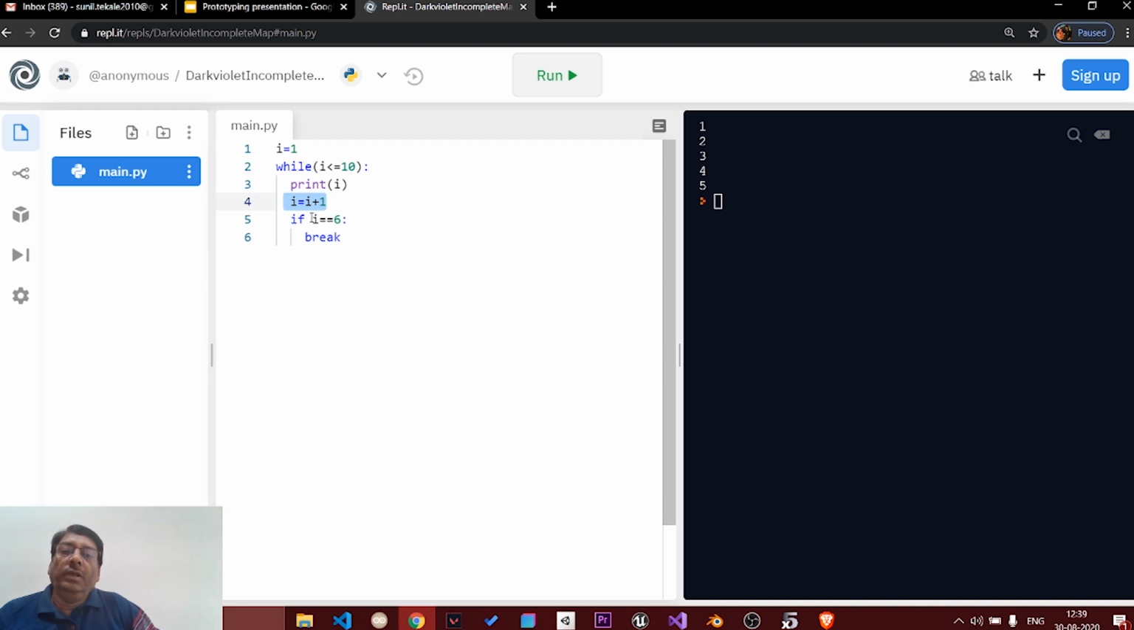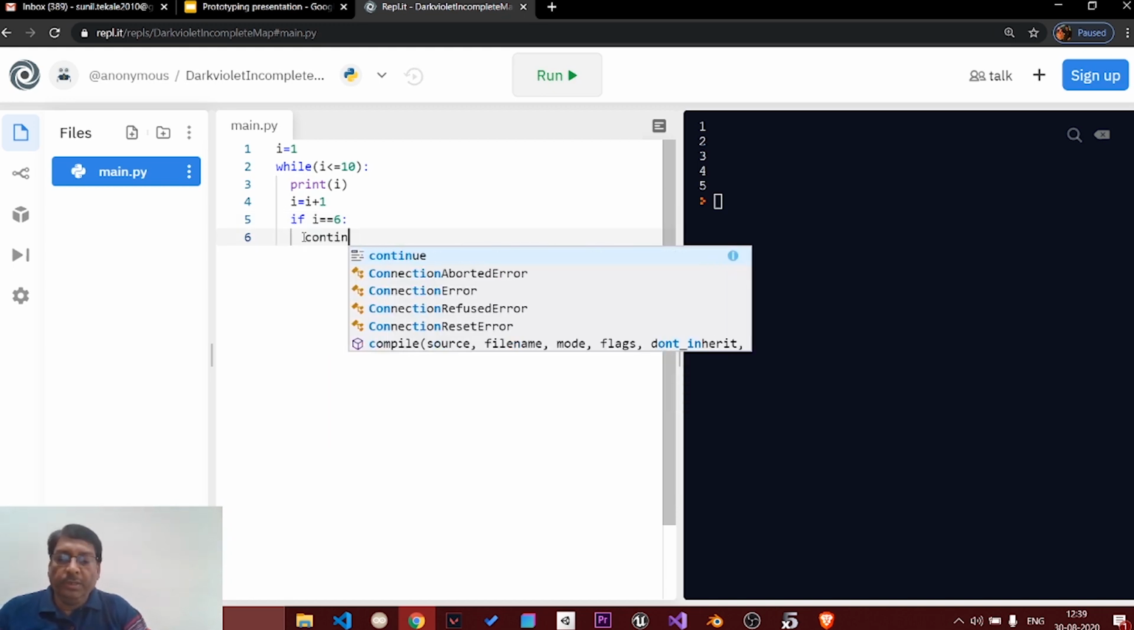The reason you will not get the value of i=6 printed over here is this: this is how you can make use of the break statement. If you want, you can as well make use of